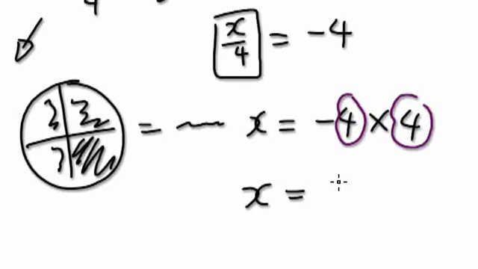So 4 times 4 is 16. Okay, because there's only one minus here, it's just going to be a minus. Okay, so the answer is minus 16. It doesn't have to be a nice, neat thing. Okay, so this next one here,